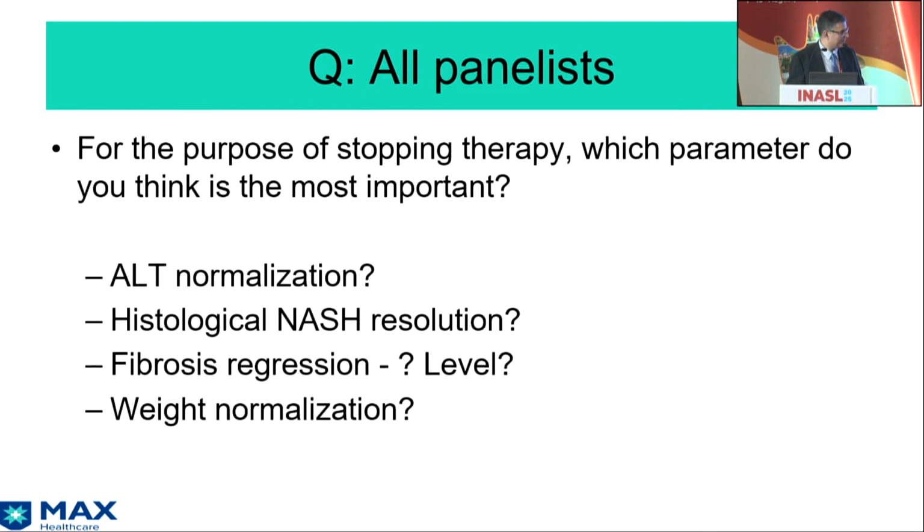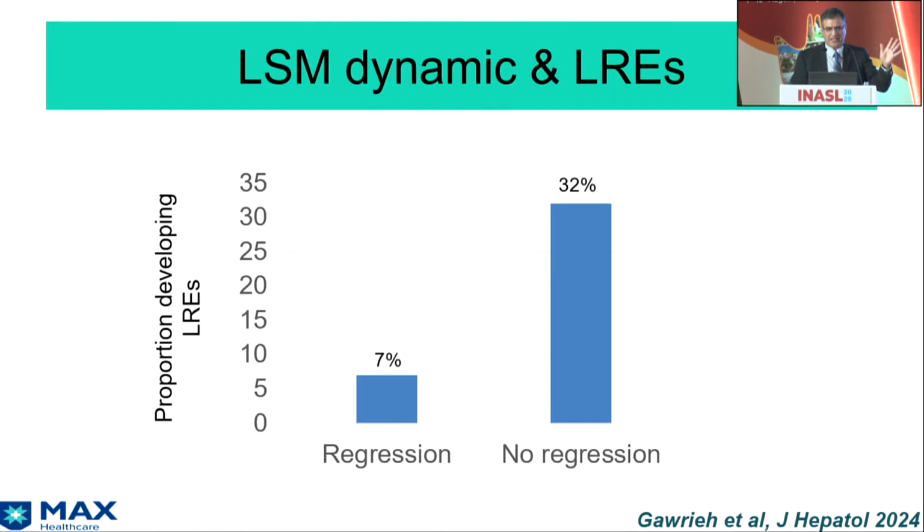Both. If you see the ideal target, of course, it is fibrosis reduction and NASH resolution. For practicality, you would see ALT normalization and weight normalization. Will you do a biopsy to decide this? I don't think anyone will do a biopsy to decide this. So non-invasive assessment showing that fibrosis has regressed, and there are several studies which suggest at least a 20% reduction, and now somebody would talk about more than a 30% reduction in LSM values, or an absolute value less than 10. If you achieve that, you are able to reduce liver-related events, both HCC as well as liver decompensation. Many studies, I've just presented these two.